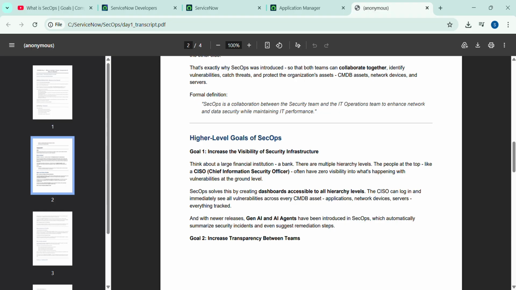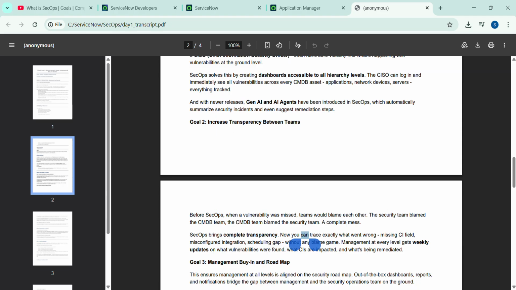Now SecOps brings complete transparency. Now you can trace exactly what went wrong: missing CI field, misconfigured integration, scheduling gap, without any blame game. Management at every level gets weekly updates on what vulnerabilities were found, what CIs are impacted, and what is being remediated. Okay, and if you move to goal 3,